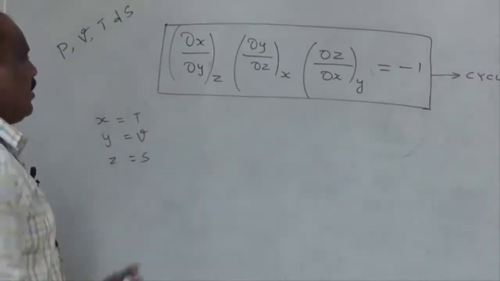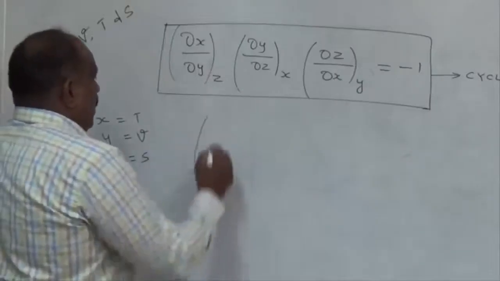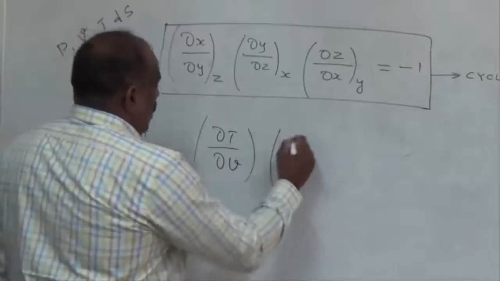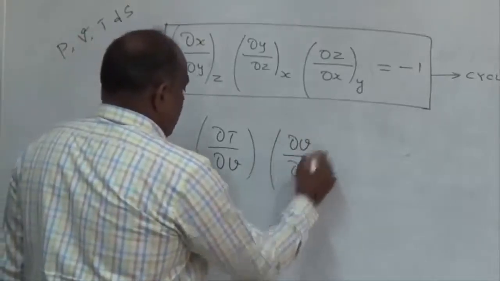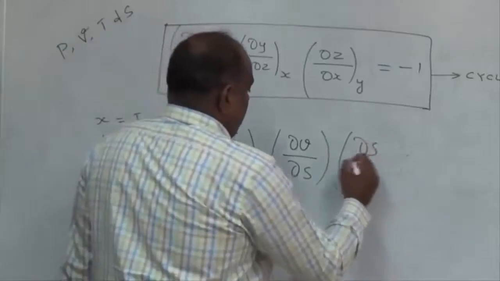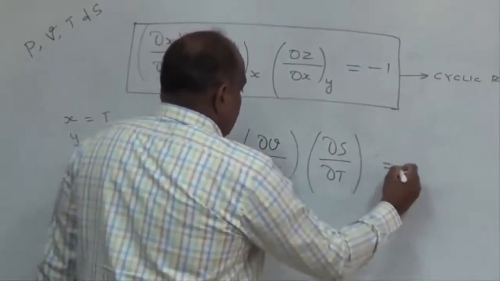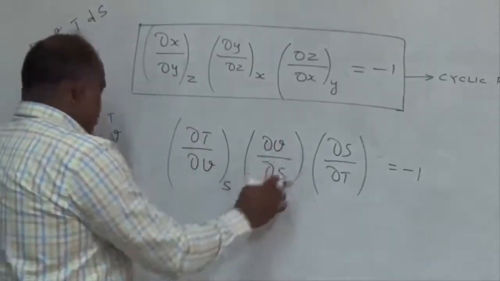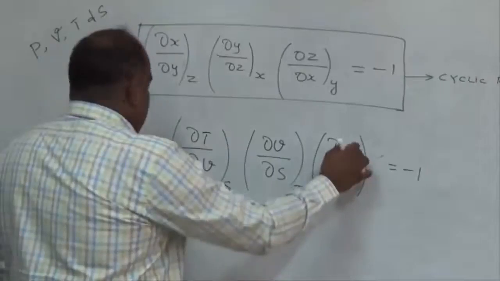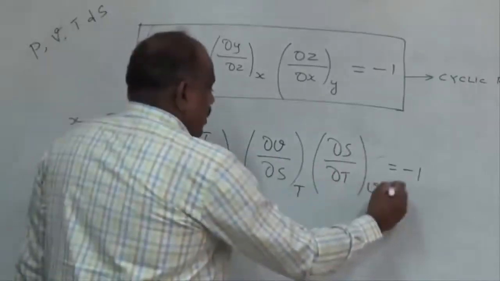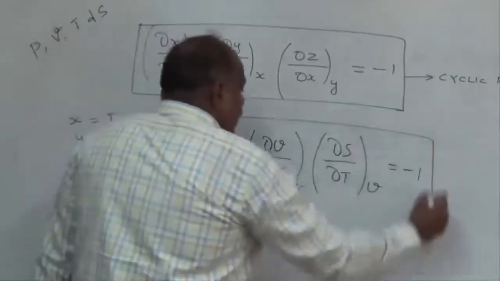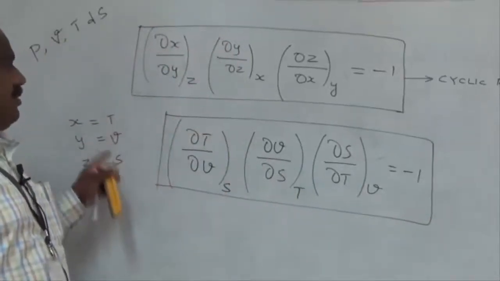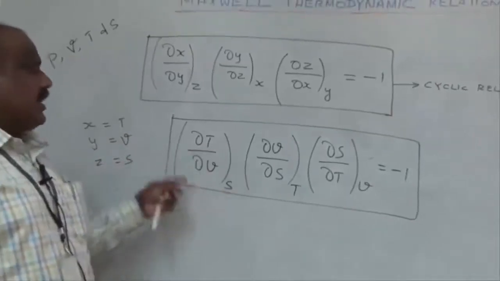Let us go with the thermodynamic properties. So the same relation can be written as (∂T/∂V) into (∂V/∂S) into (∂S/∂T) equal to minus 1. Here T and V are there, so the remaining variable is S. Here V and S are there, so the remaining variable is T. Here S and T are there, so the remaining variable is V. So I hope now we can appreciate the use of the cyclic relation. So we have the T, V and S, and we establish the cyclic relation based on